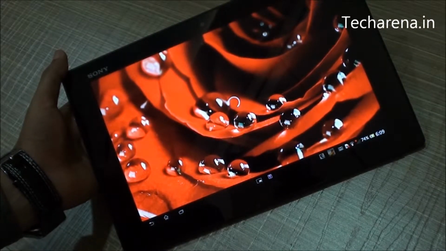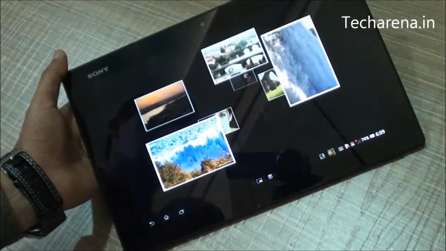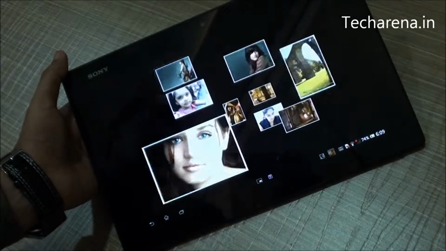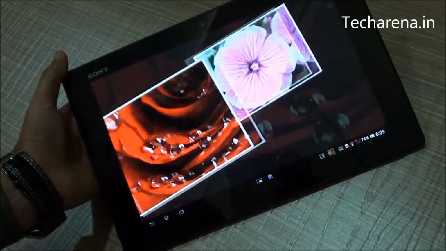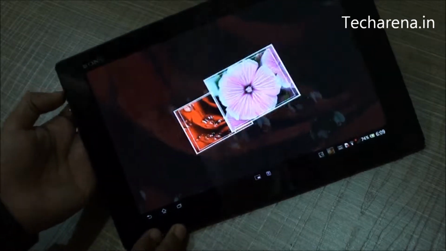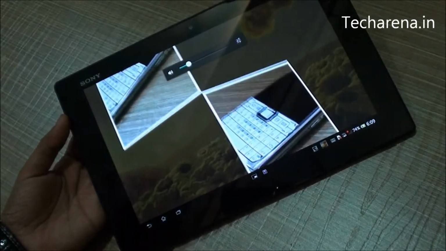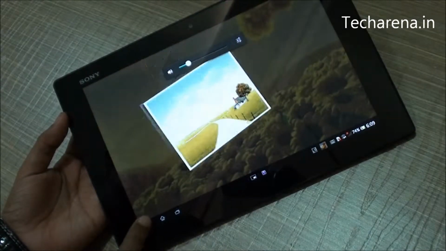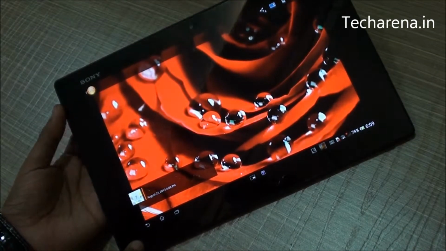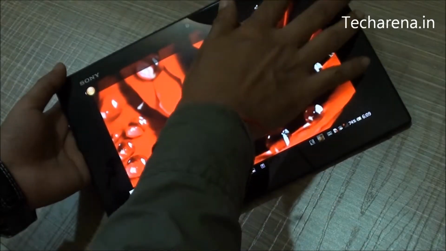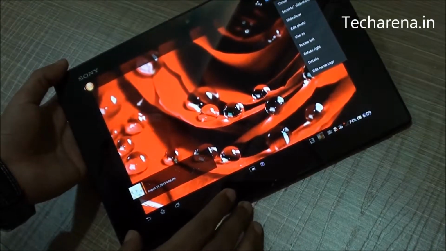We'll play a sample slideshow here and we'll see what is the output. This is SenseMe slideshow, which is really impressive in watching all the images.